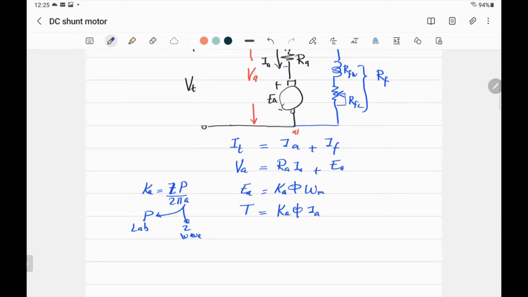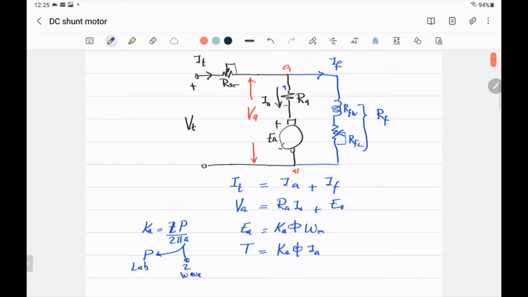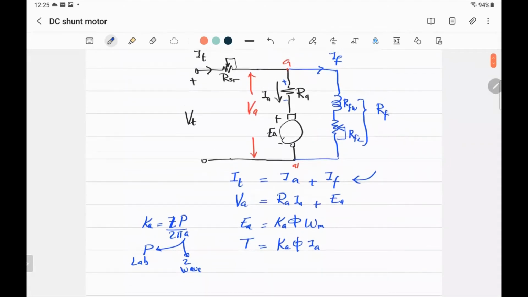And next week, you are going to do an experiment for the DC motor, and they are going to measure the relationship between the voltage and the speed, and the torque and the current. So those are the equations of the DC shunt motor. The thing that distinguishes it from other motors is that IT is equal to IA plus IF, and the voltage VA is the same as the voltage of the field. All right. And if you want to find the field current, you just divide the voltage across the armature, or VF,